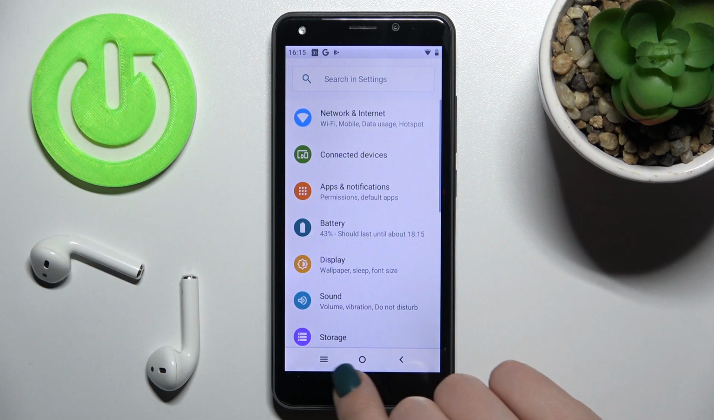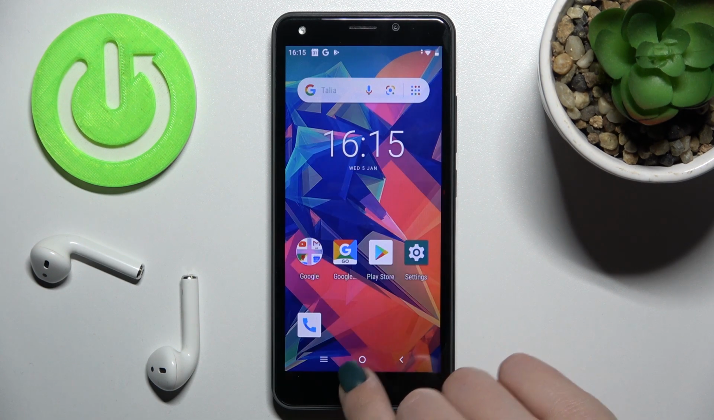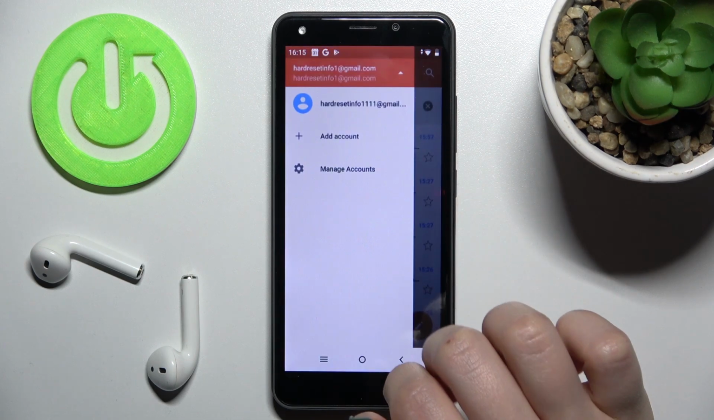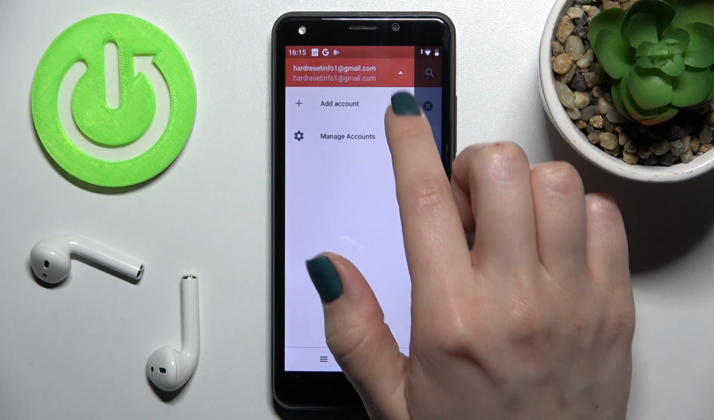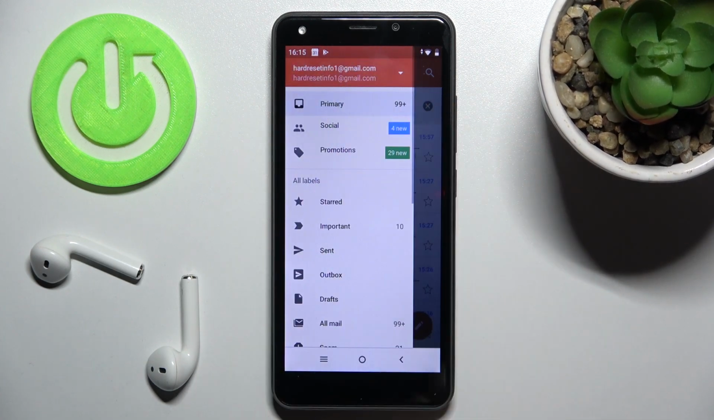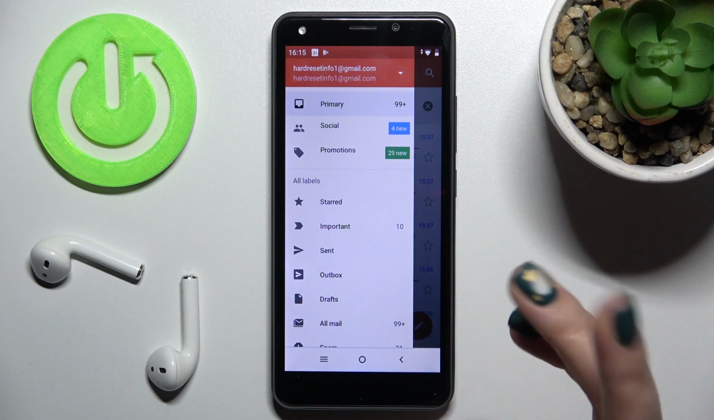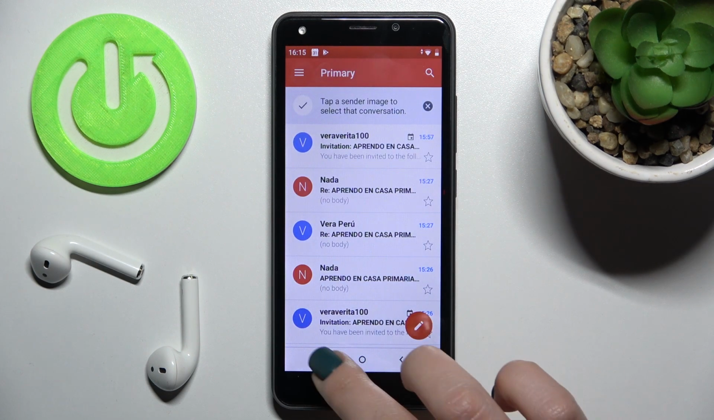to the application to see. Yeah, as you can see, we stay only with one account and we are just logged out from the Gmail